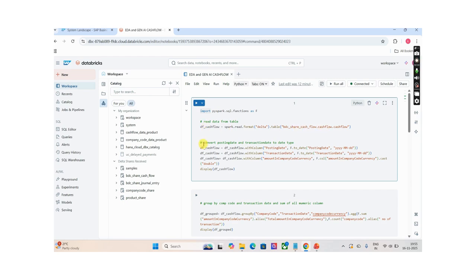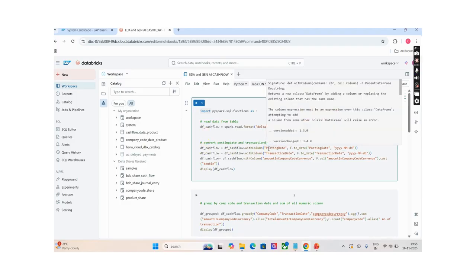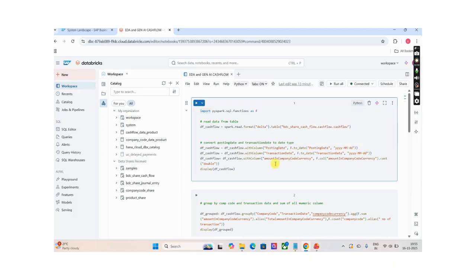Once data is read, I'm applying conversions on the posting date and transaction date. Also, I'm converting amount in company code currency into double. Here you can see I'm applying a date conversion on posting date, same for the transaction date, and for amount in company code currency I'm converting it to double. Let me execute this notebook.